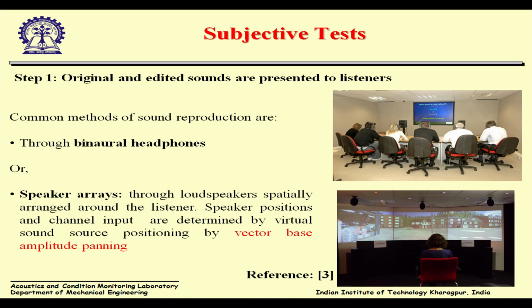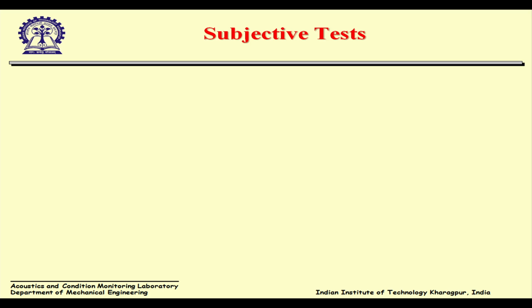I had discussed in this lecture about binaural listening. That is a binaural recording technique where we have a head and torso simulator, and then we have 2 microphones, and it captures very well the spatial and the directivity of the sound. That same sound can then be played through binaural headphones, or it can be played through a speaker array, and people can listen to that sound and they can rate it. Now how they rate it